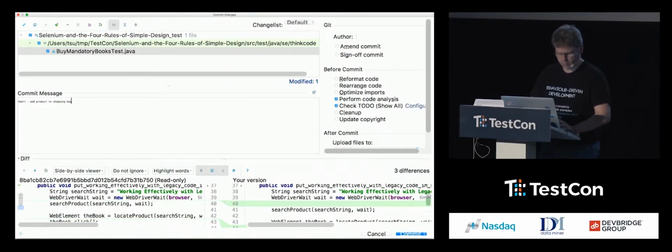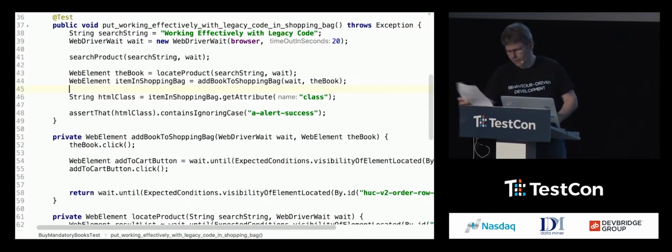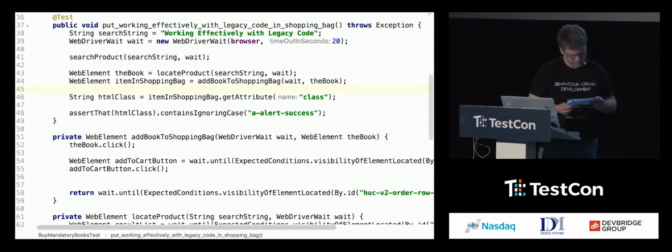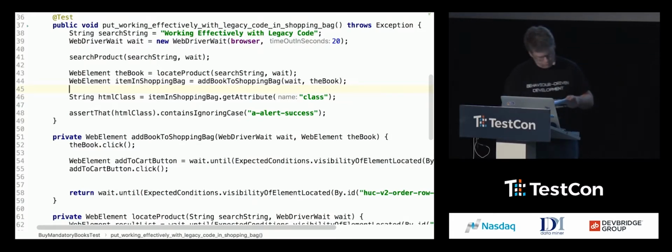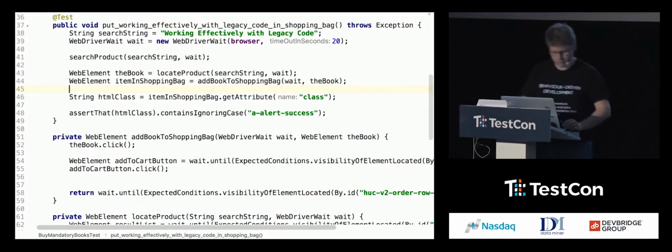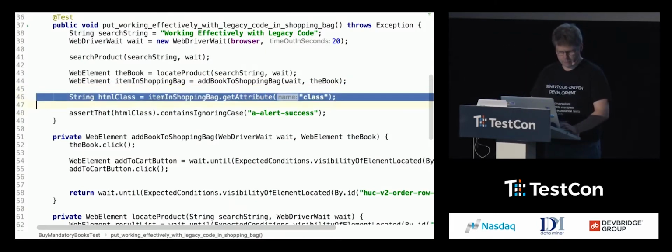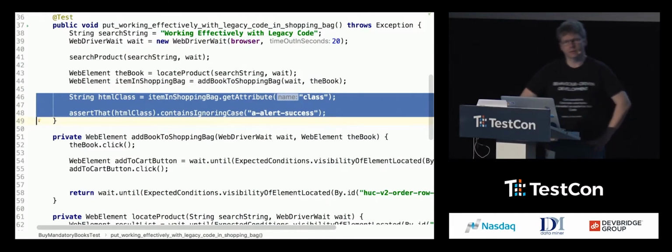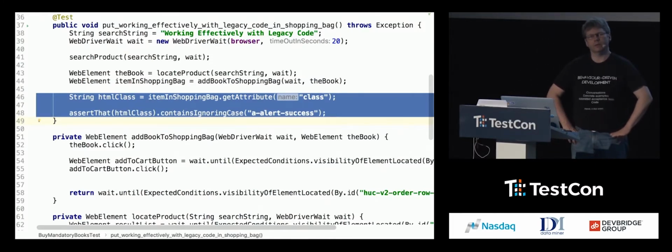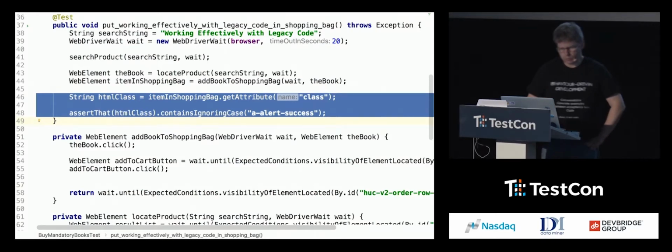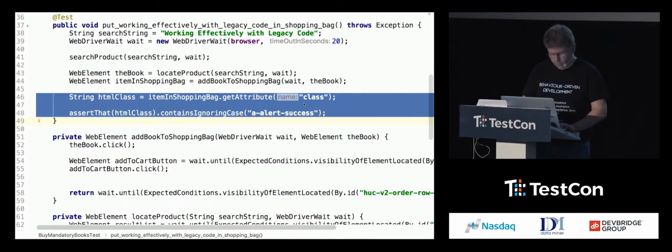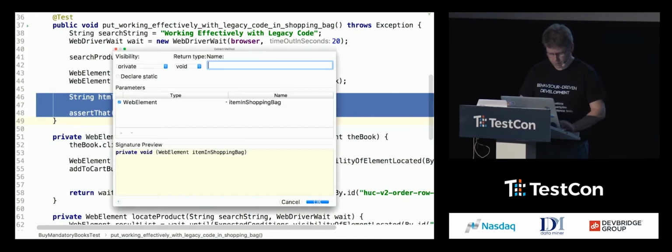Add product to shopping bag. There we go. All right. I'm doing well with time. So the last thing I think I might have... no, we'll see. This one is asserting that the book actually has ended up in the shopping bag. But I'm not really impressed by this stuff. Get attribute, blah blah blah. Couldn't care less. So I'm going to extract my own assertion, and I'm going to call it assert that